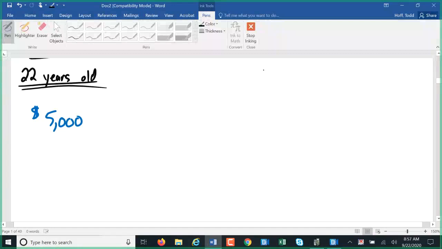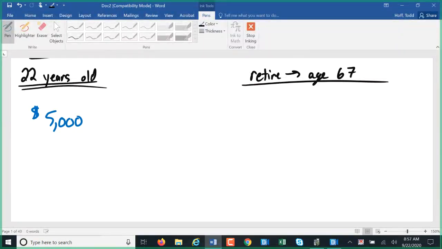Right now, minimum retirement age is 67 years of age. Actually, for me, they've already said it's going to be like 68 and a half. For many of you, it'll be 69 or 70 years of age, somewhere in there. But let's just go with 67. That's 45 years